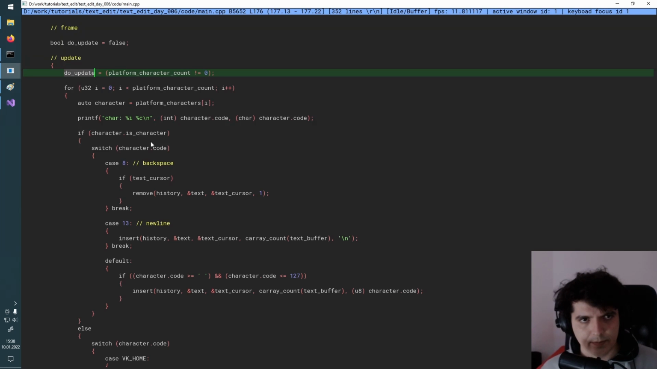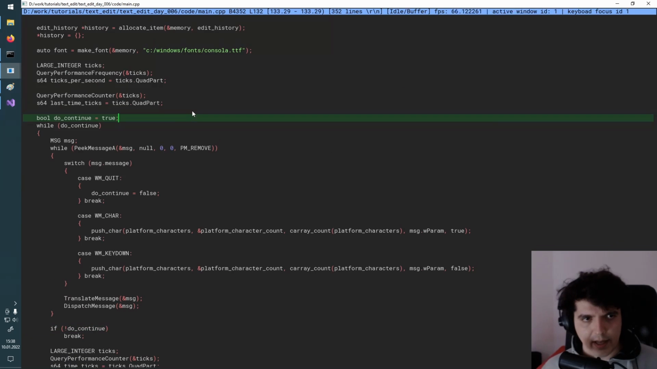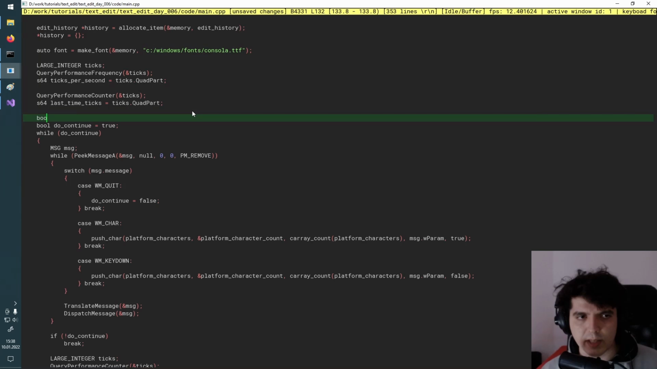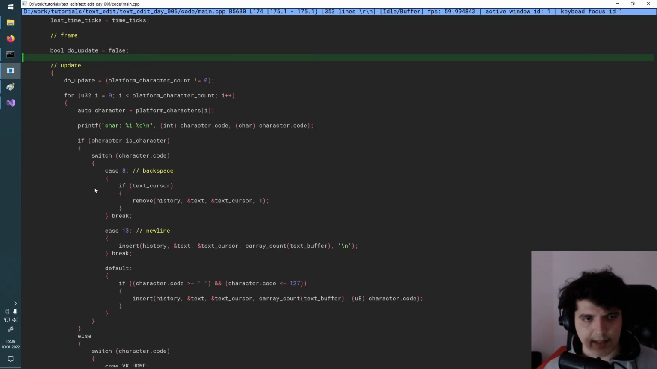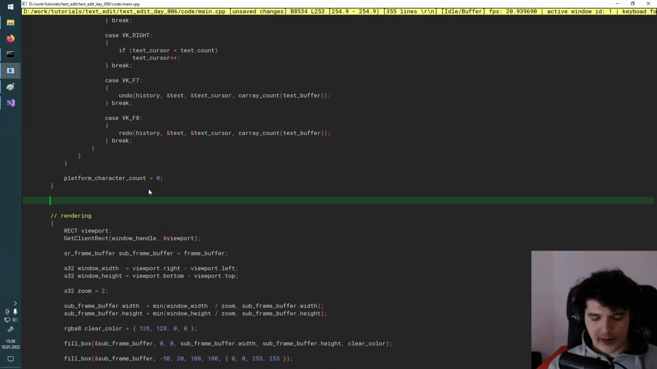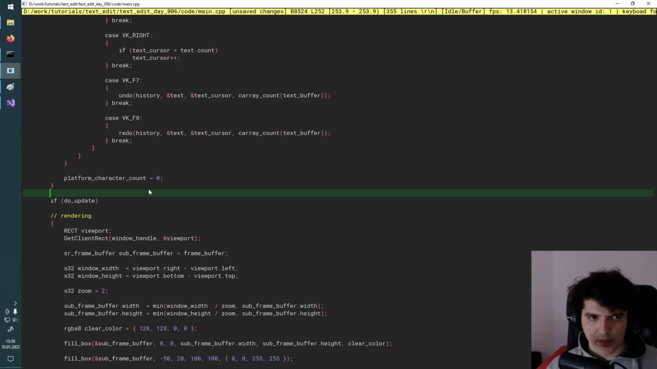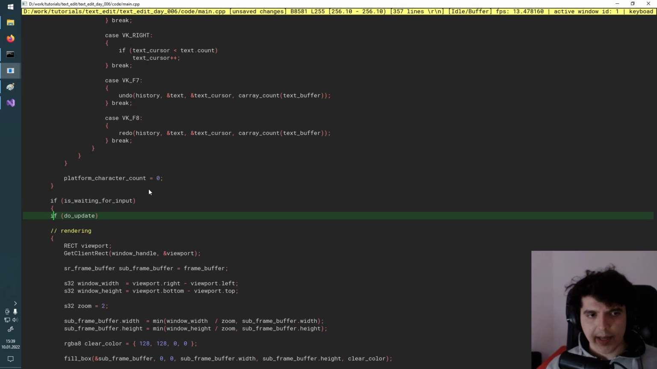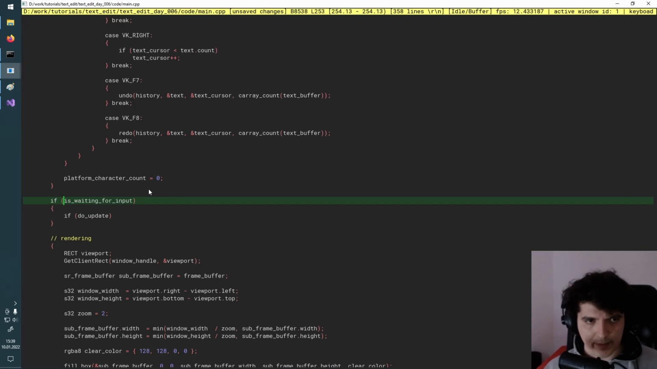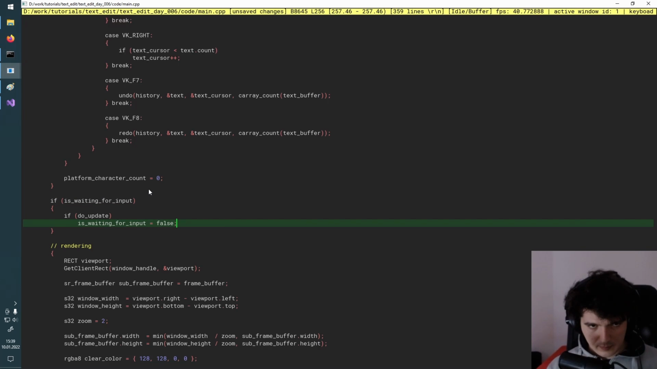And we are going to have a new variable outside of the main loop, which basically tells the application whether or not we are in a busy mode or in a waiting mode. So is waiting, let's say is waiting for input, and we could just start at true, it doesn't matter. And if we're in the is waiting for input mode, we can get here, do the update, and if we see no update, say if we're waiting and we see that do update happened, we want to stop waiting. Otherwise,